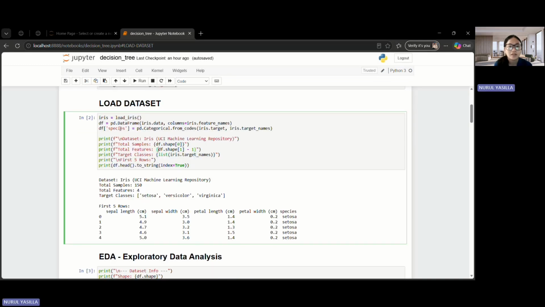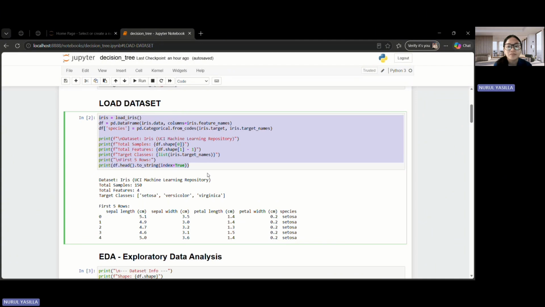Next, load dataset. The dataset is the Iris dataset, one of the most well-known classic datasets in machine learning, available directly within Scikit-learn. It is loaded using load_iris and converted into a Pandas DataFrame for easier exploration. The feature columns consist of four physical measurements of the iris flower: sepal length, sepal width, petal length, and petal width, all measured in centimeters.